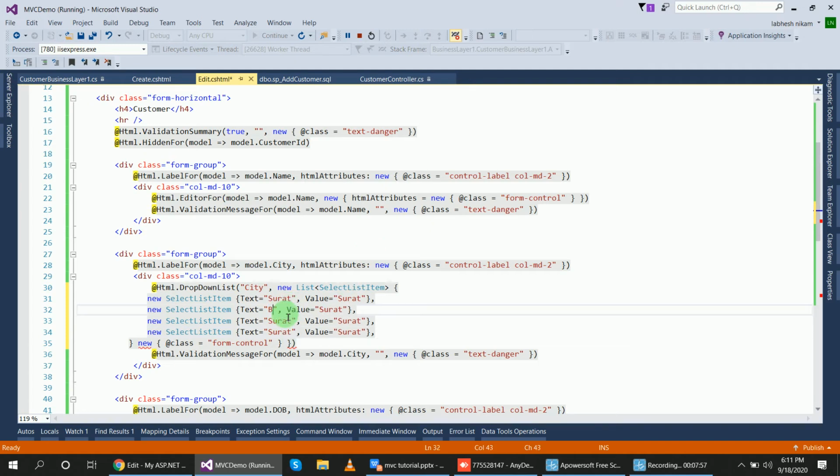Another records, Bardoli, Dhule, suppose Delhi.